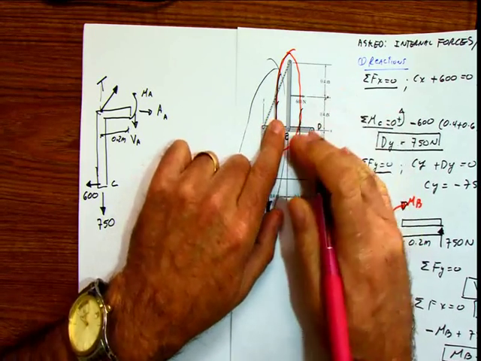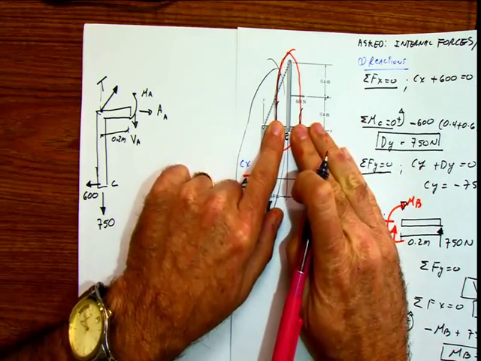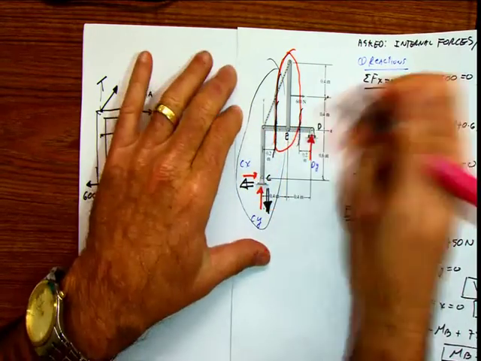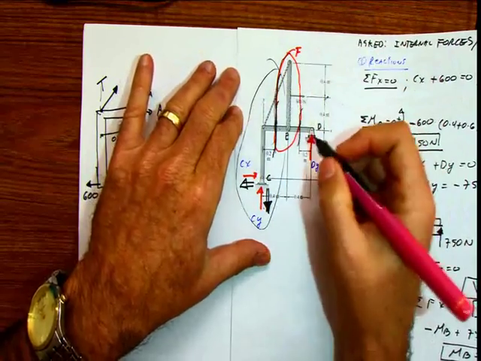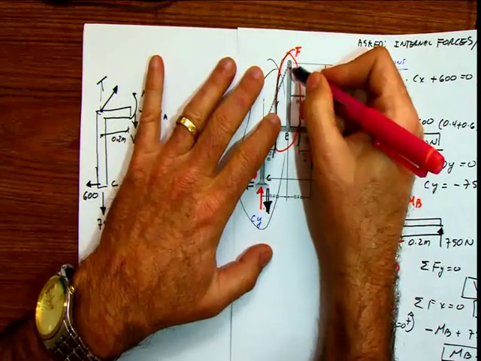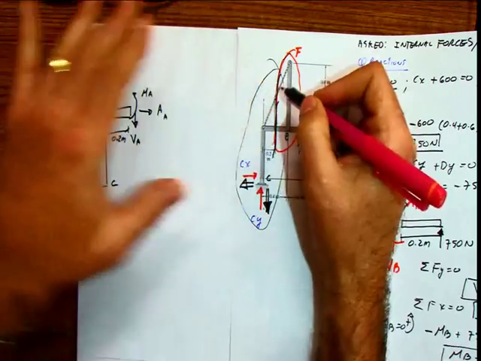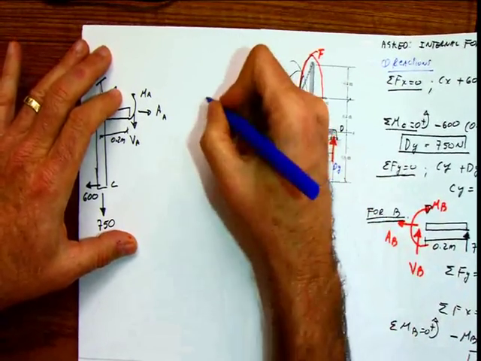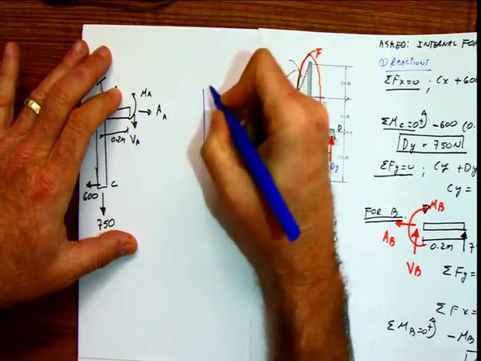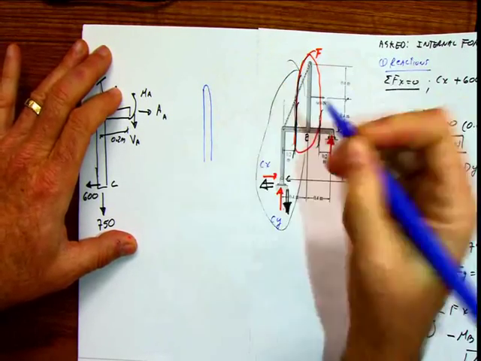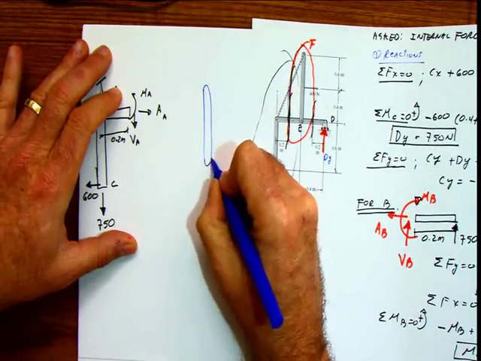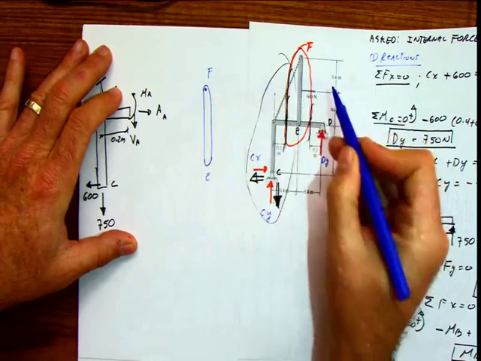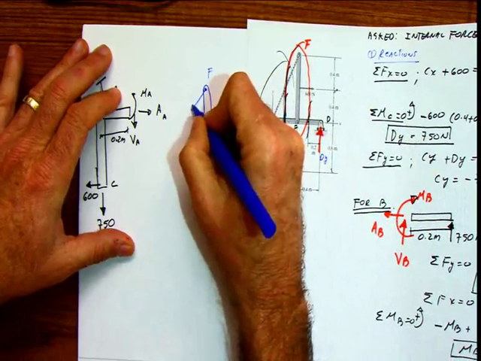I'm going to take only this part, that member, the member EF, this member EF, and I'm going to take that member out, and I'm going to do an analysis only in that member. If I do that, that will be the member EF, and here it will come the tension T,